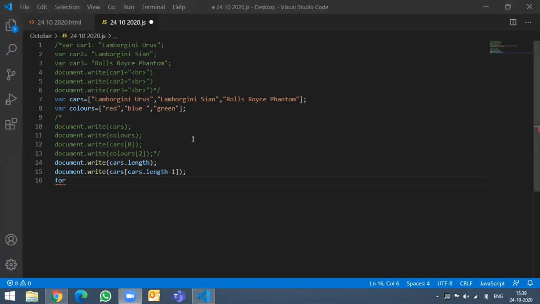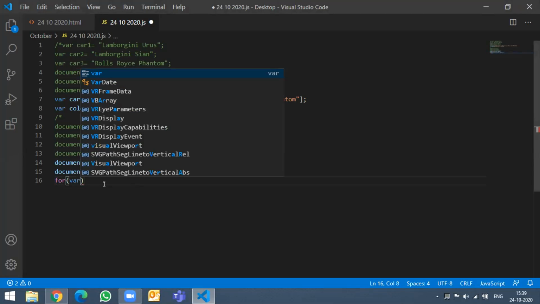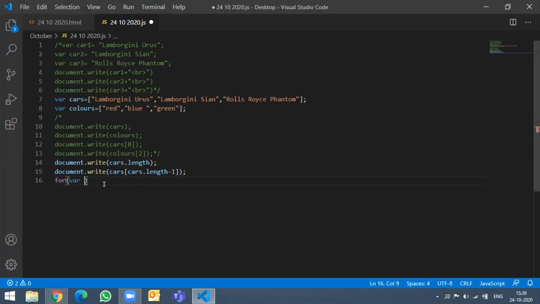Okay, so now we are going to create a loop. The loop statement was for, then there was a round bracket. Say var i equal i, then we say i comma. Then we used to say how many times it is going to loop through it.